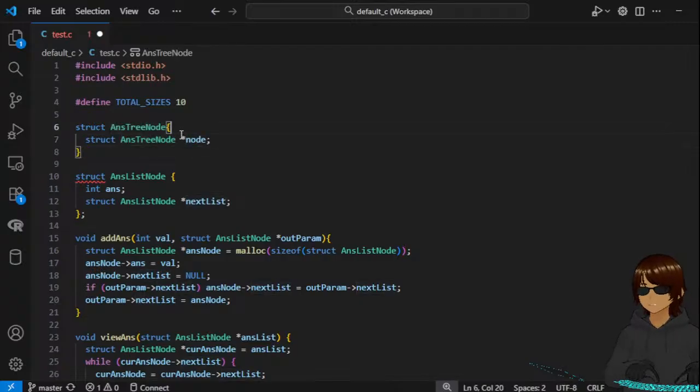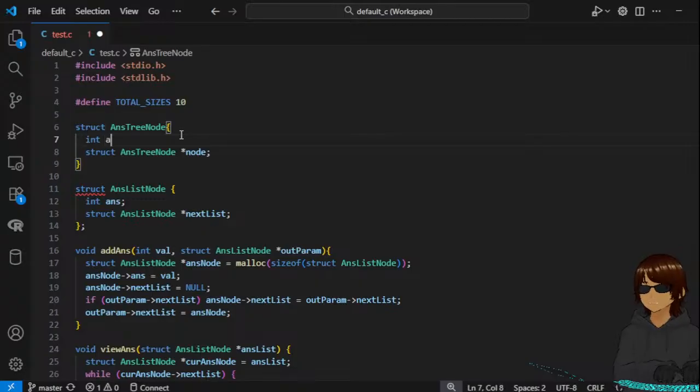Node, we have the root node which contains no values, which is just a 0, but int value. We have the value of the node and we have the children of the node. It's not exactly the next node. It's more like the children of the node. How do I do this? Struct ants tree node